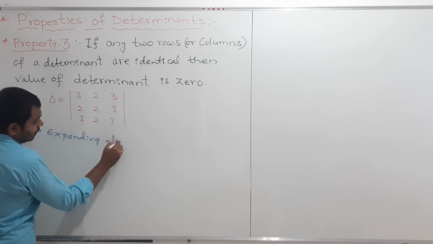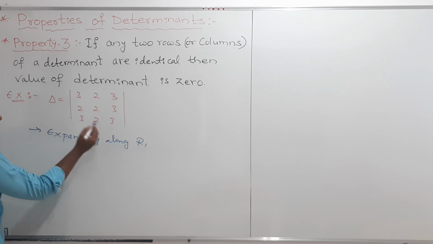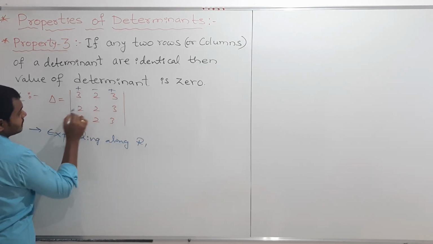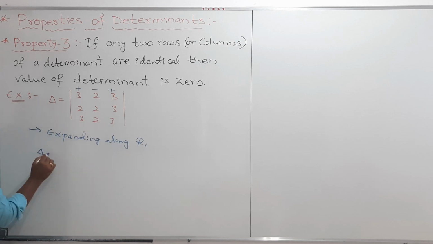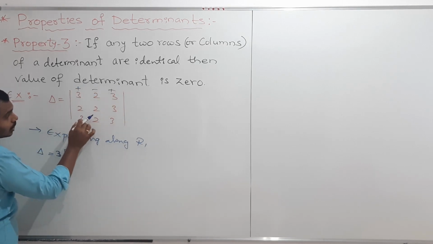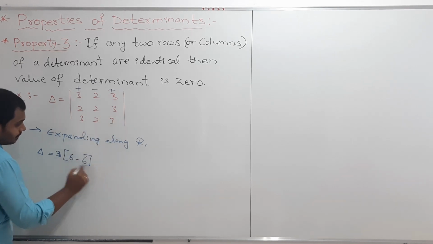Expanding along row 1. So now expand along row 1. So before expanding we should take the signs plus, minus, plus. Clear? So delta is equal to the determinant value: 3 into, here it is plus 3 into, leave this row and this column, so 2 3s are 6 minus 2 3s are 6. Next